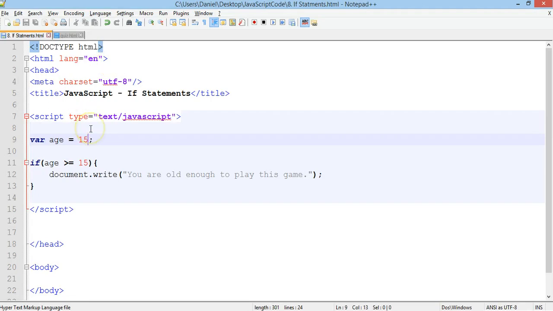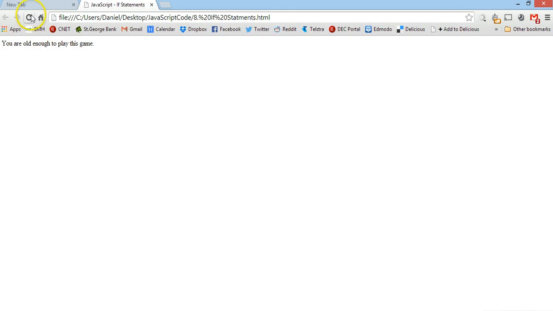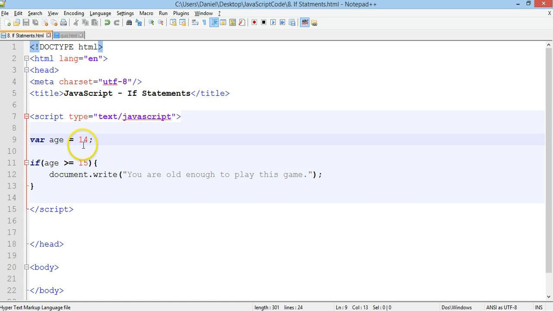Now if we change it to 14, it shouldn't say anything. So refreshed and there's nothing there, and that is because the age is set to 14 and we want to check if it's 15 or higher. So it's false, the age isn't 15 or higher, and so it doesn't do anything because we haven't specified any other code